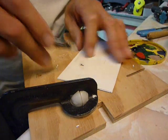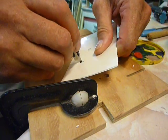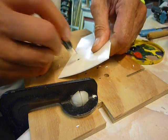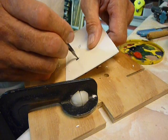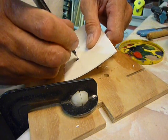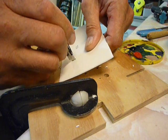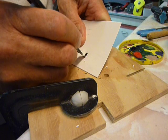Just going to do a bit on the board. Be careful not to cut your fingers. I know you've got 10 of them, but there are a lot more knives in the shop than there are fingers on your hand. Okay, so we go nearly to the lines on the plastic,